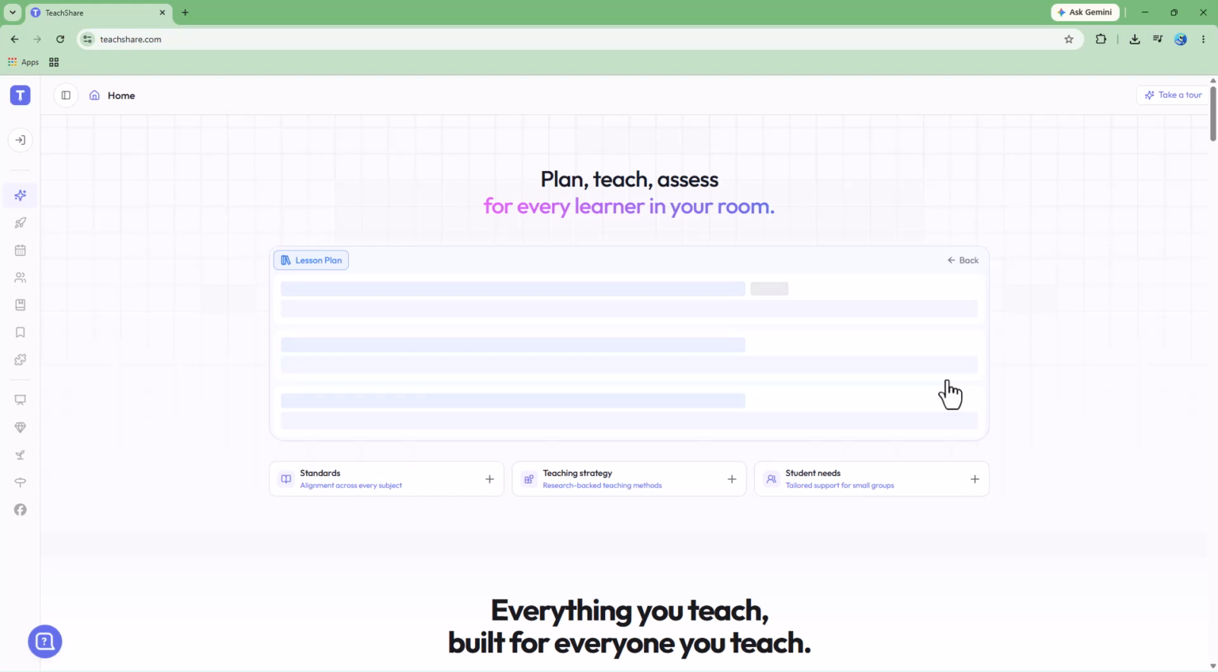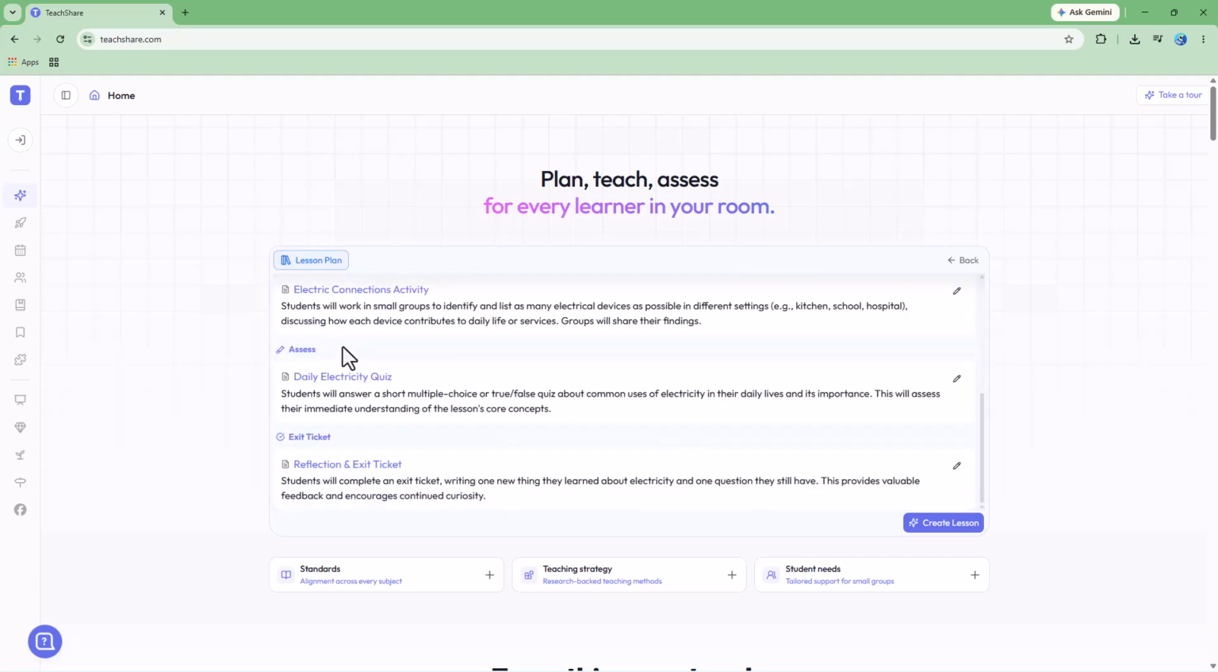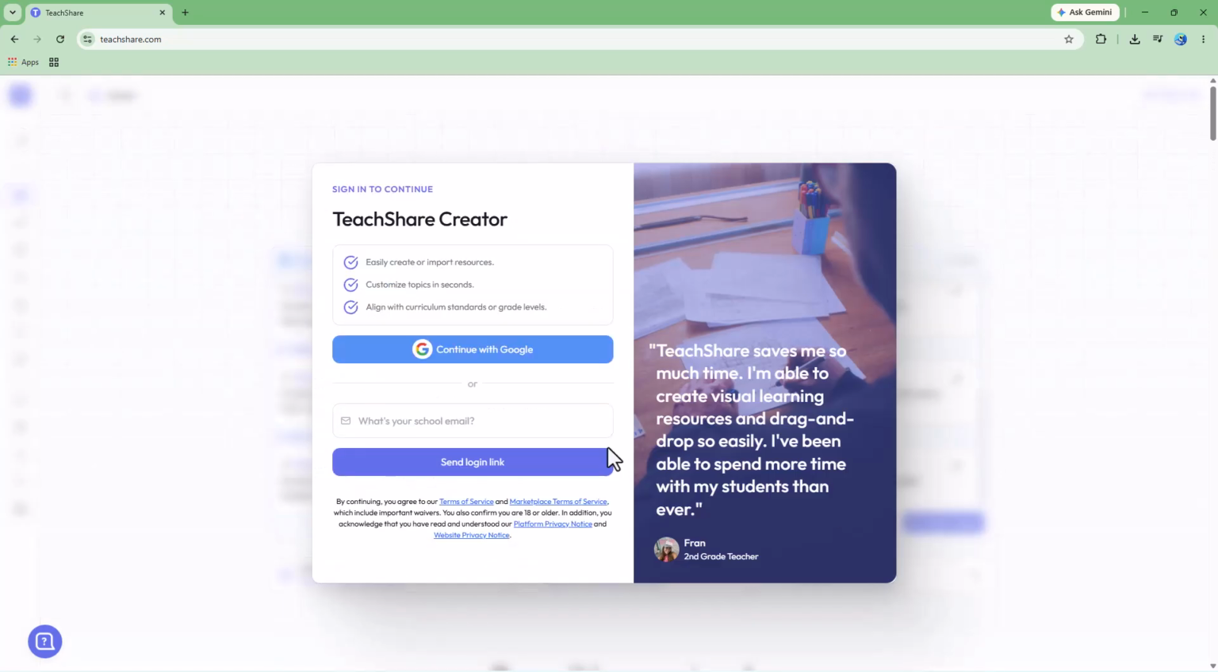And then what happens is that it is generating the lesson plan, as you can see, just like this. So you need to wait for a bit. It is researching, and then you can see that this is what you have. You can see that 28 minutes, it's learn, and then there's practice, assess, and so forth. So let me just create the lesson,